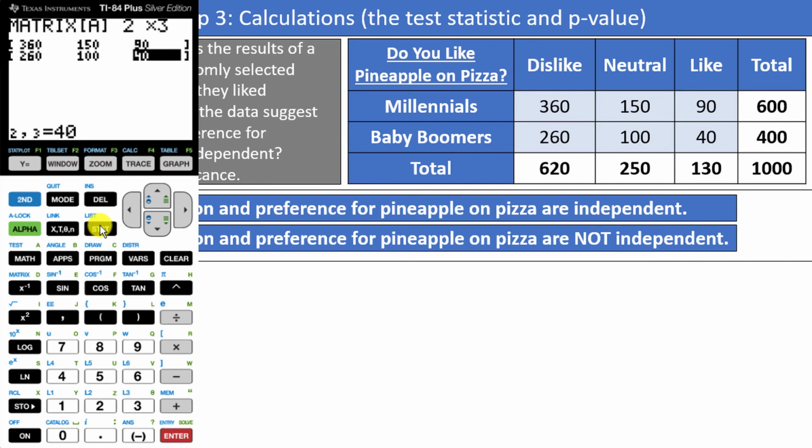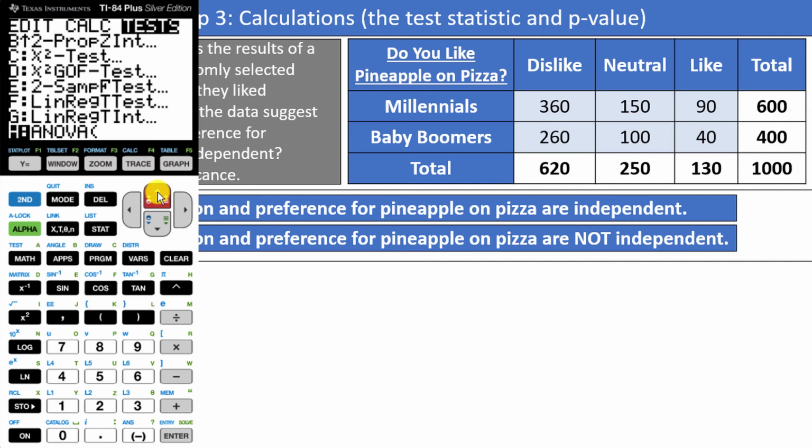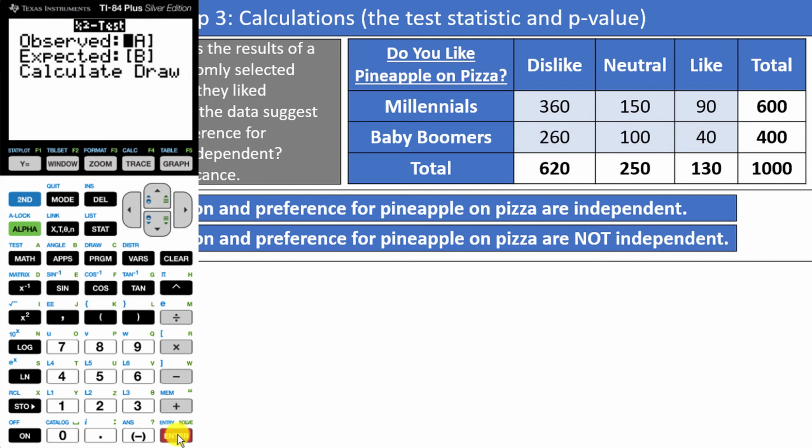Now press Stat and arrow to the right twice to get to the tests. Press the up arrow to get to the bottom of the list. You will see option C, which is the chi-square test, which is the one we need. Make sure not to choose the chi-square GOF test. You should never have to change this menu, assuming that you put the data into matrix A. Matrix B is where the expected counts we mentioned earlier will be outputted.